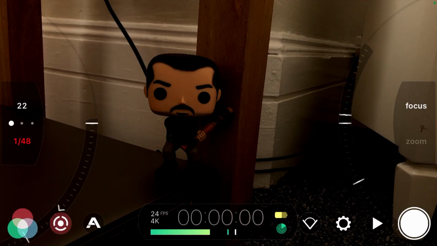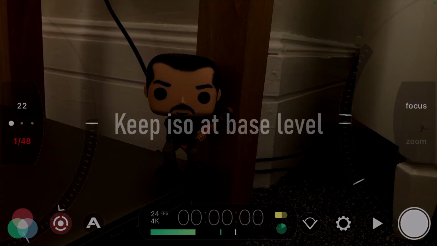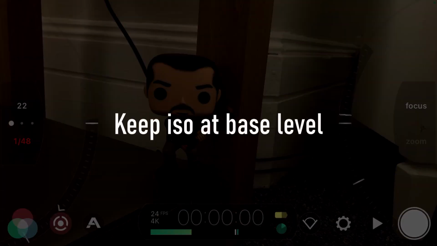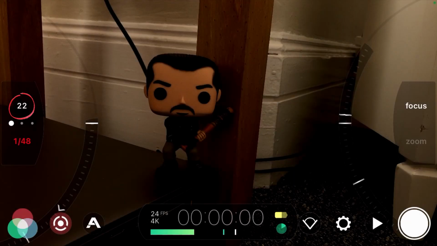And in doing so, the brighter you make it, the more noise you're going to start introducing to your image. So you want to keep that ISO at its base level. For smartphones, the base level on Filmic Pro, for me at least, is 22. So you want to keep it at that, but this isn't the kind of brightness that we want this image to be. We want to have it brighter. So if we make it brighter using the ISO and start to raise it,